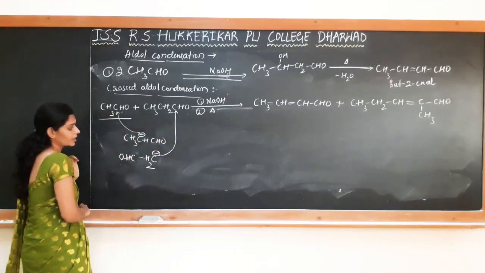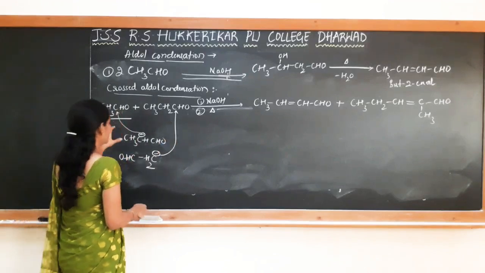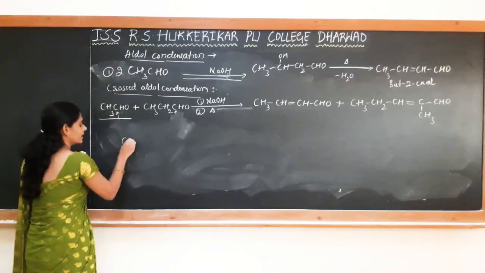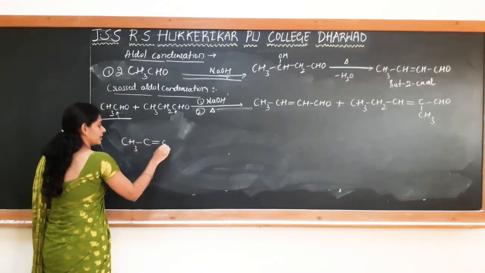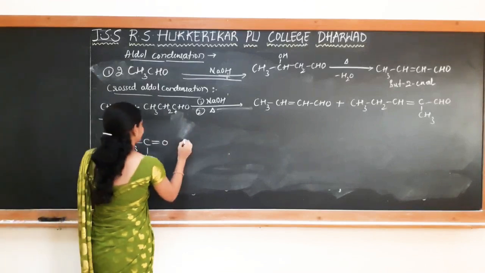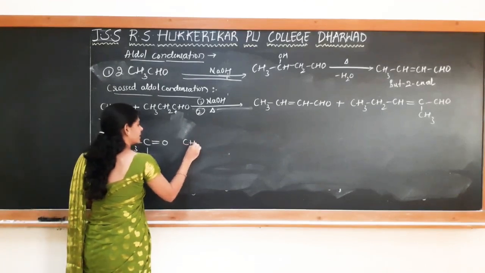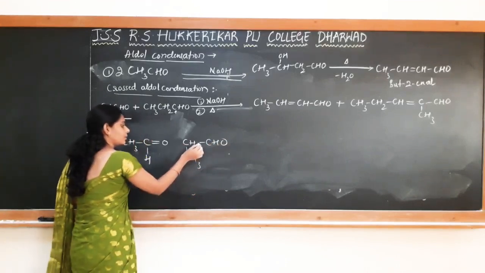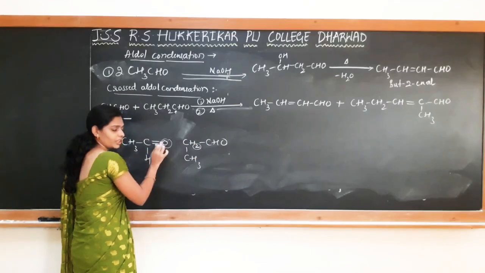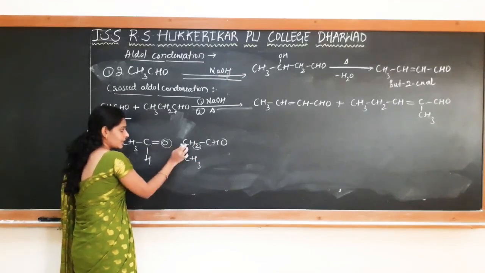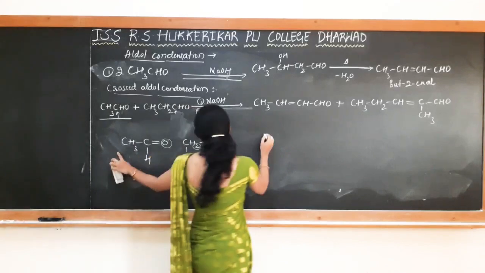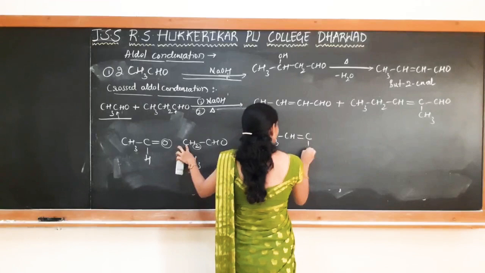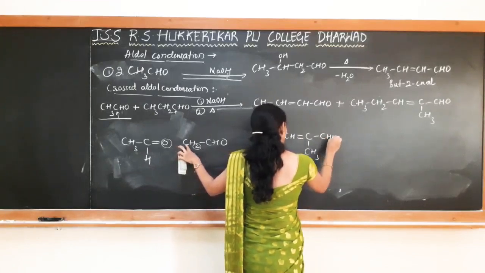So how is the product formed? As I said, simply how you can write it, how to remember it. I will take 2 different molecules now. CH3, CHO. This one, the alpha carbon you have to write here so that removal will be easy. So what I told, H2 from here, O from here goes out as H2O and the double bond links with the carbon. So the product is CH3, CH, double bond, C, CH3, CHO.